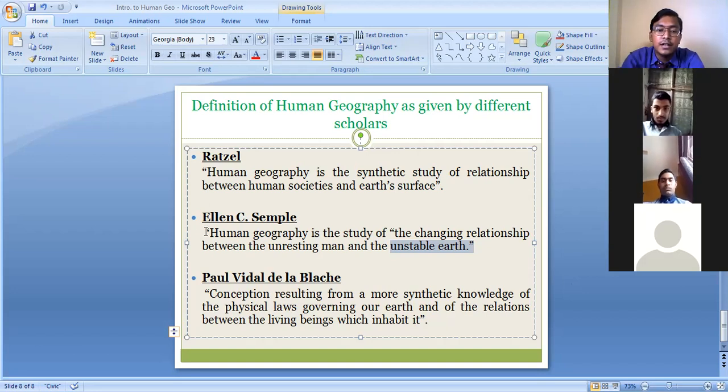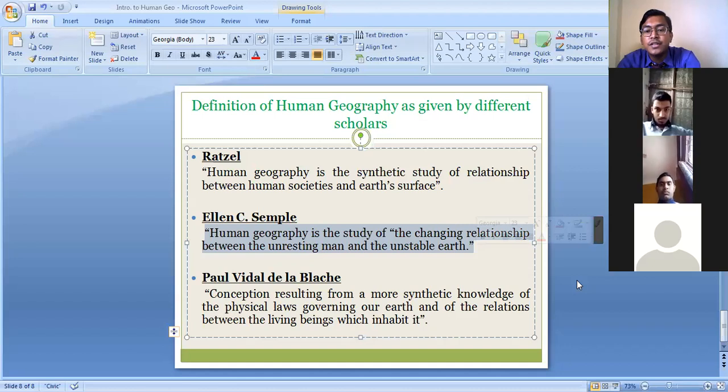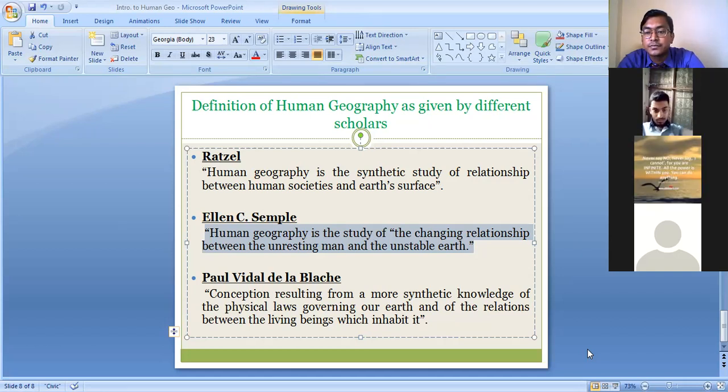So if you read the full sentence here, human geography is the study of the changing relationship between the unresting man and the unstable earth. This is the definition given by Ellen Churchill Semple. Is it clear? Yes, sir. The next, Paul Vidal de la Blache, he said, conceptions resulting from a more synthetic knowledge, from a more detailed knowledge